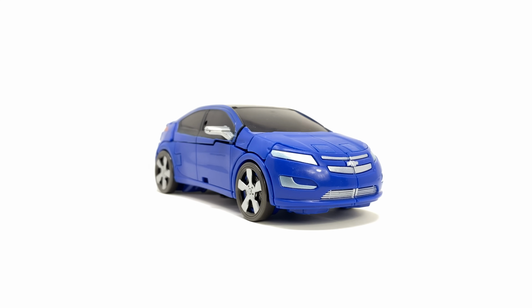The transformation is quite complex for a deluxe of this scale, and you can see that some of the plastic isn't the toughest, meaning that some of the tabs have already begun to stress and will no doubt break sooner or later. As you saw, one of my tabs was actually half chipped and incredibly stressed out, so that is a shame. But the actual Chevy Volt alt mode is really well done, much like all of these Studio Series